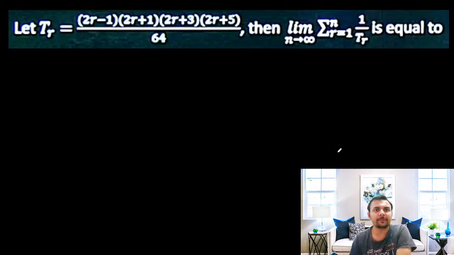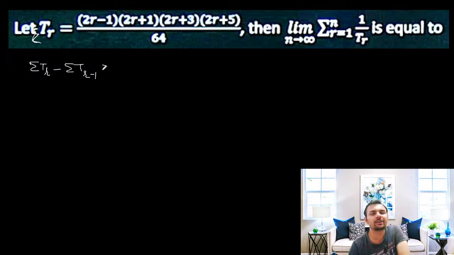Okay, let's move ahead. This is the question. It is the summation of tr. So we'll do summation of tr minus tr minus 1, which is nothing but 2r minus 1, 2r plus 1, 2r plus 3, 2r plus 5,